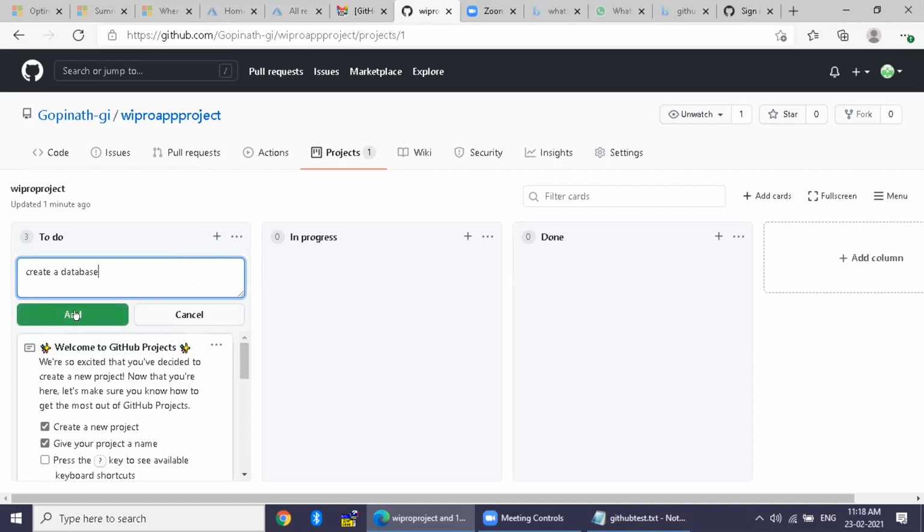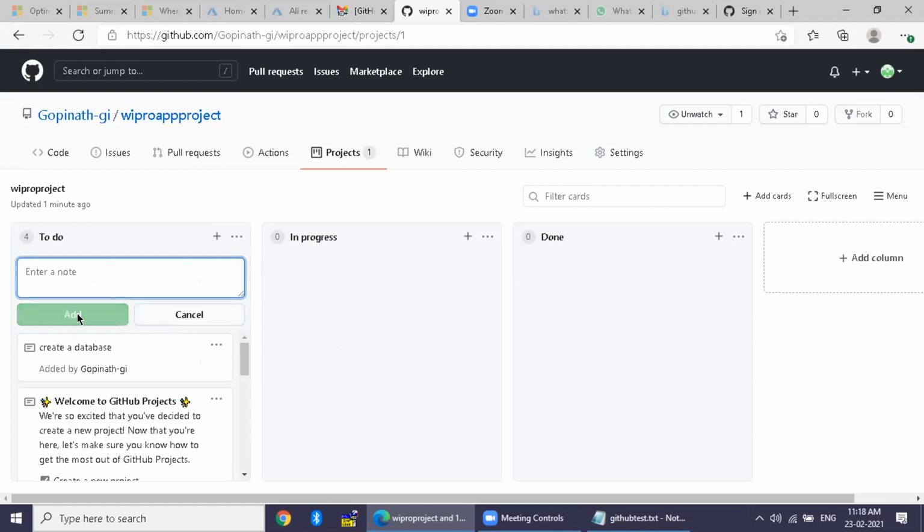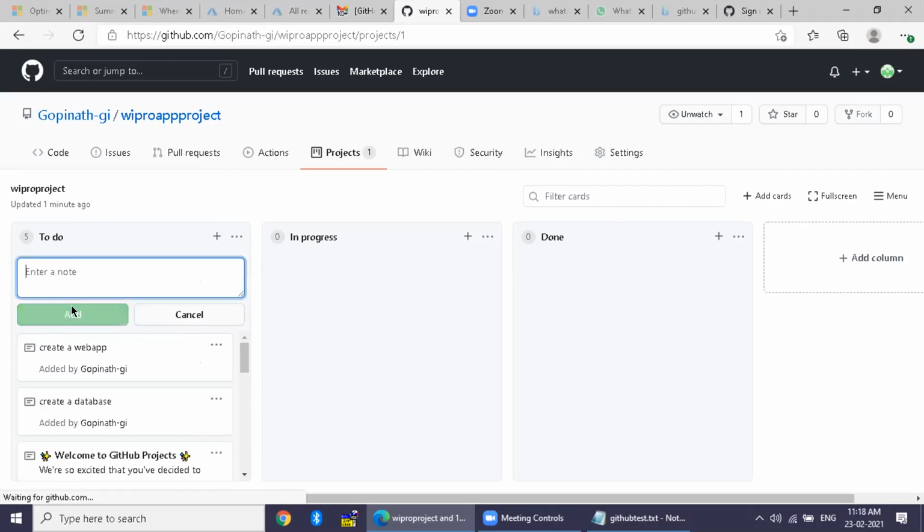Add. Then create a web app. Then create a payment gateway. Let's say these are the tasks, and so on. This is a to-do task which you have to do as a part of your project.